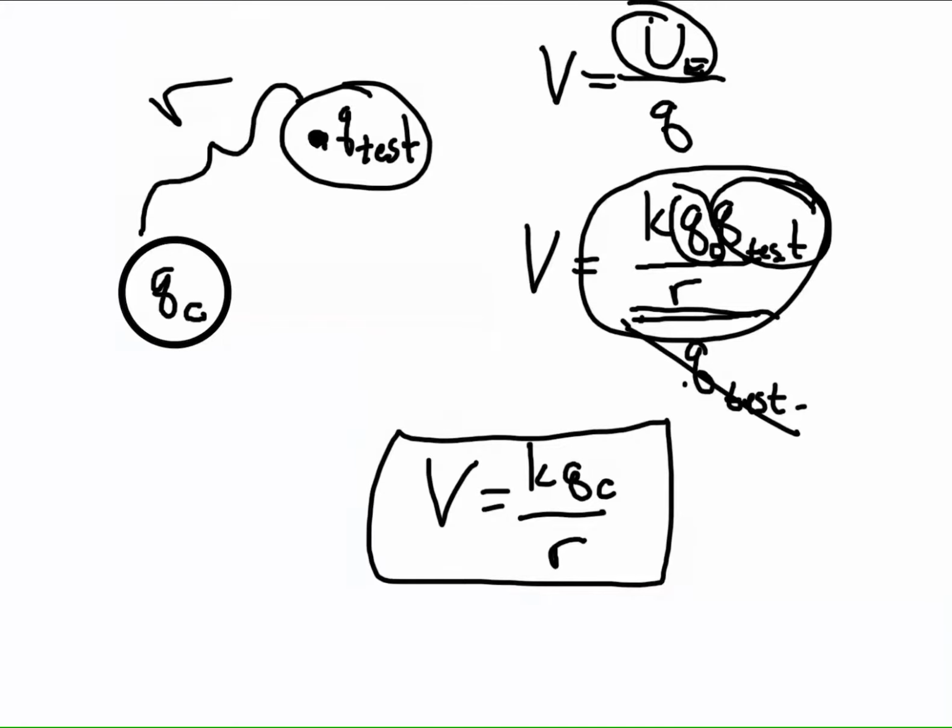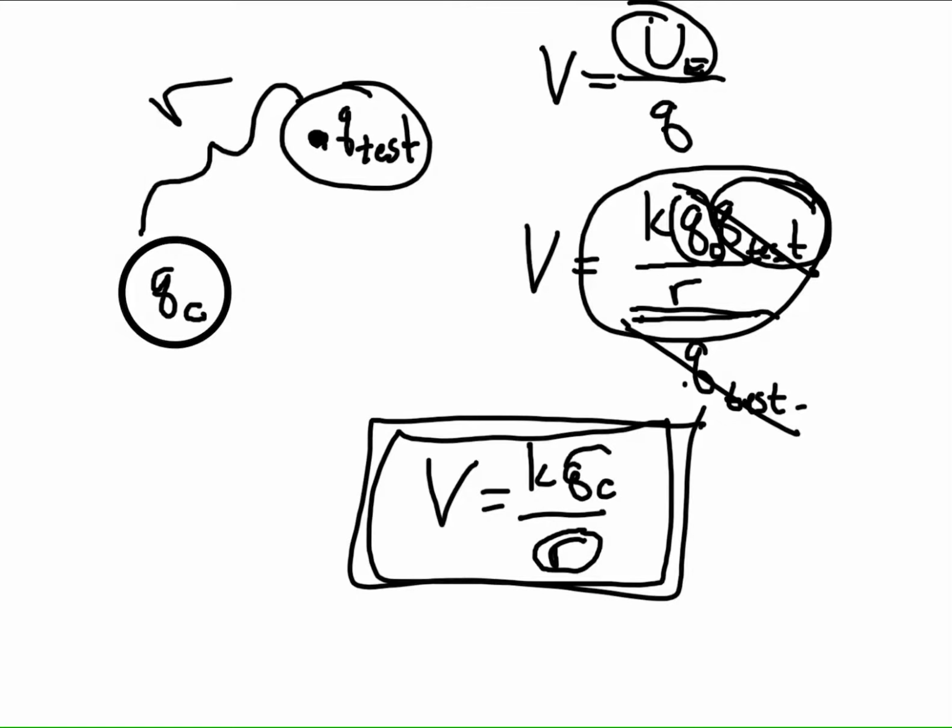The Q test goes away, and we end up with this guy, which is a very powerful formula, because that's saying that the electric potential in any location is based on just the distance between the location and the particle causing it, the charge of the particle causing it, and K. Now, if we look at a situation like this where now we have three separate charges,